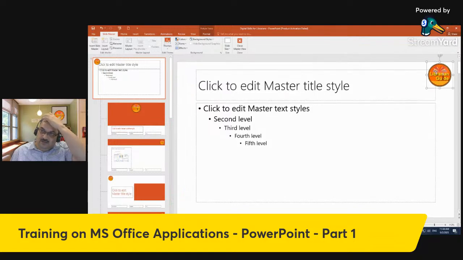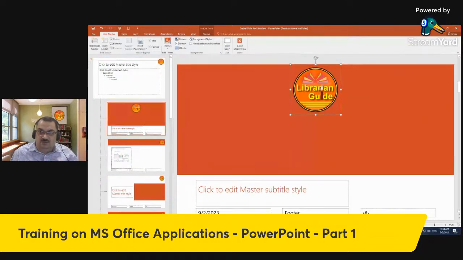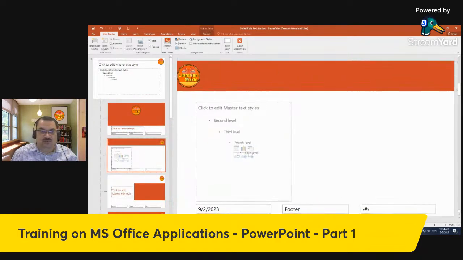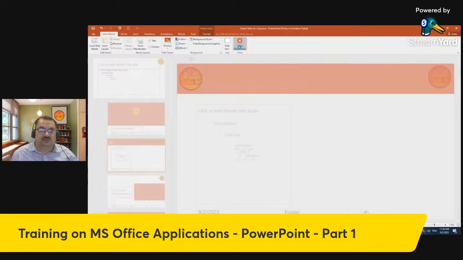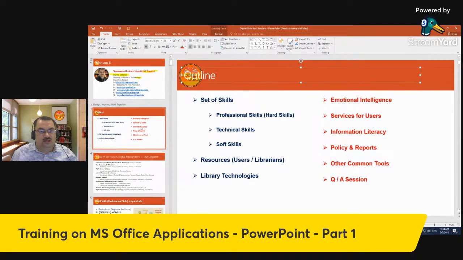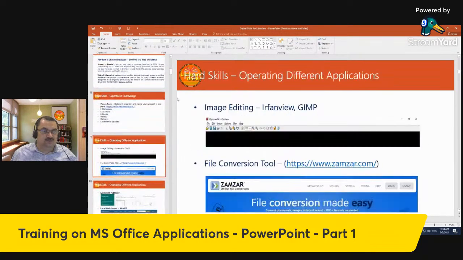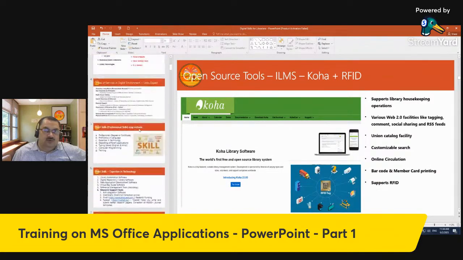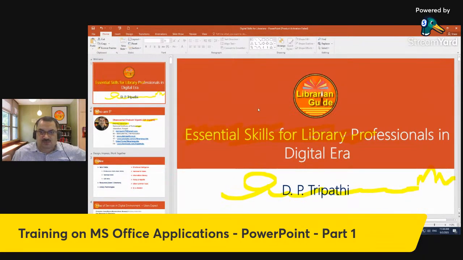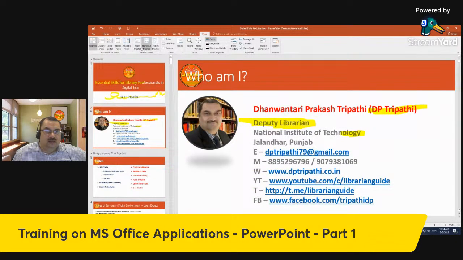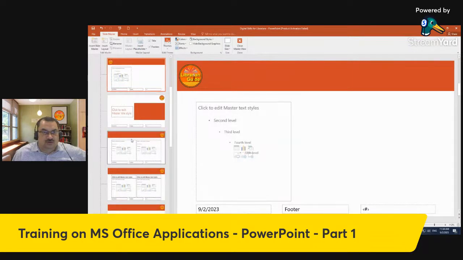Okay, this will remain here only. From here, suppose I take from the third slide, I'm moving this to this, and I close this. Now you see in each slide my logo is shifted to the left. If I want to move it from here, it will not allow me to move. So slide master basically helps you to fix the content for all these slides, so that you do not